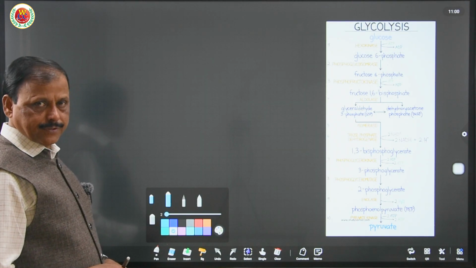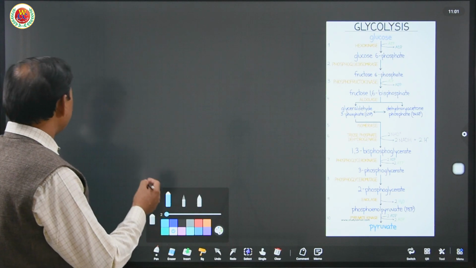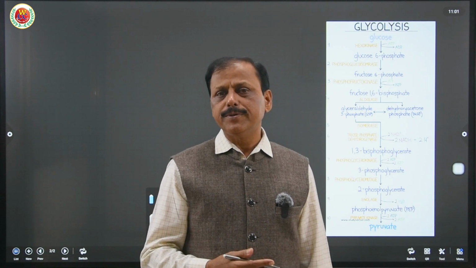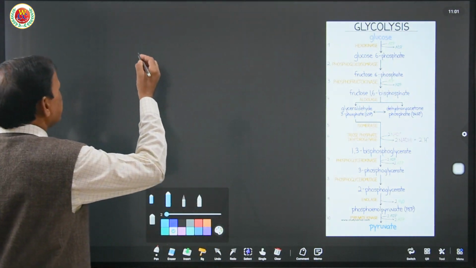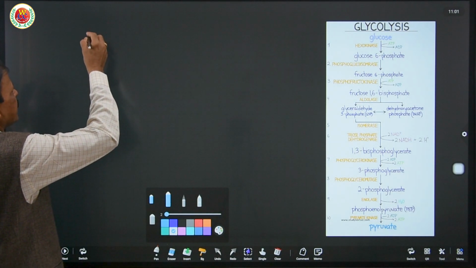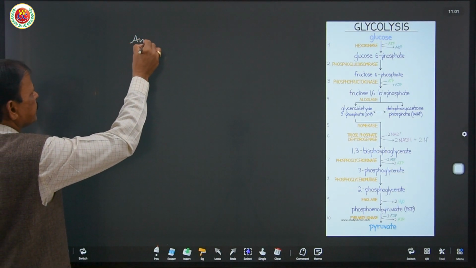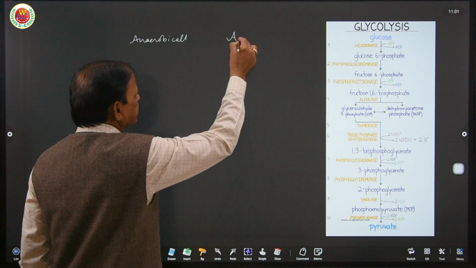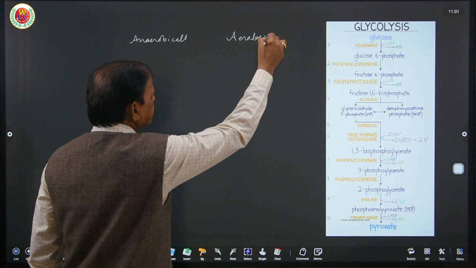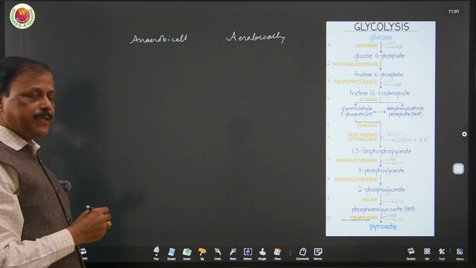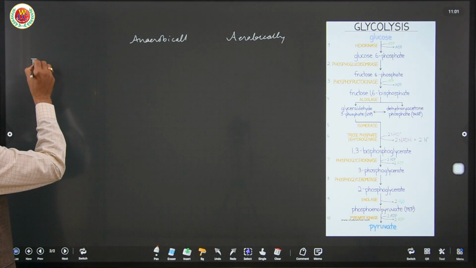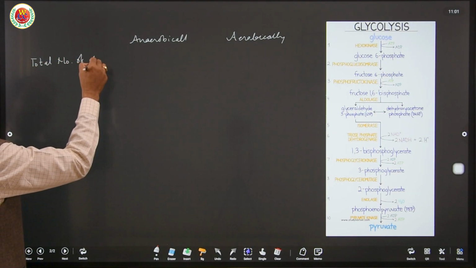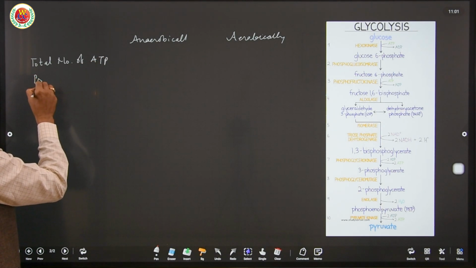As a part of glycolysis, now to understand the total number of ATP produced, the net ATP produced during aerobic and anaerobic respiration. If the breakdown of glucose in glycolysis occurs anaerobically and aerobically, how many net ATP are produced? To understand, we have to make the balance sheet. Total number of ATP produced